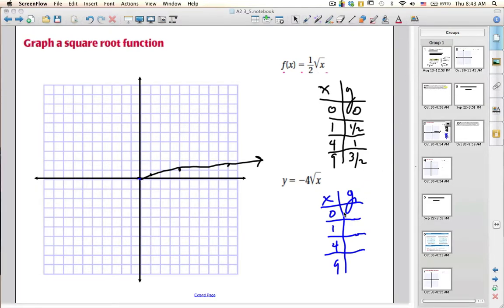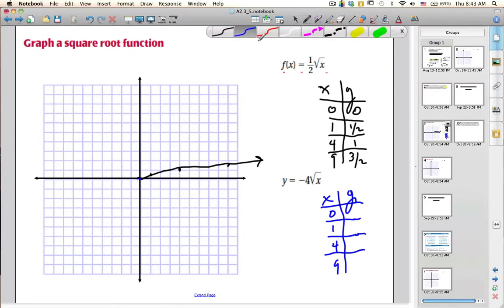So the square root of 0 is 0, times -4 is still 0. The square root of 1 is 1, times -4 is -4. The square root of 4 is 2, times -4 is -8. And the square root of 9 is 3, times -4 is -12. So if I plot these points, there's 0, 0, same starting point, but at 1 I'm at -4. At 4 I'm at -8. And at 9 I'm at